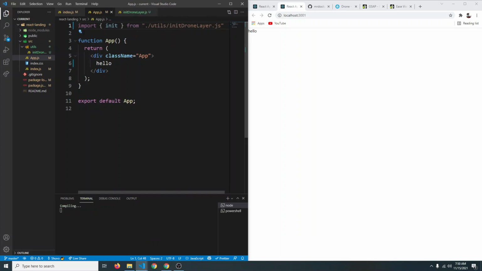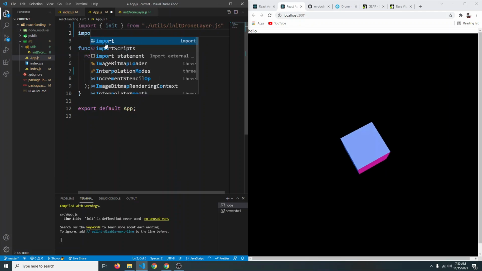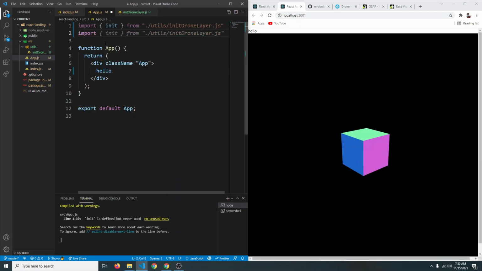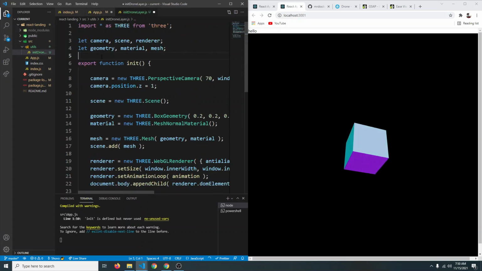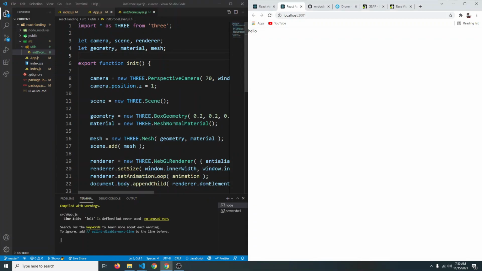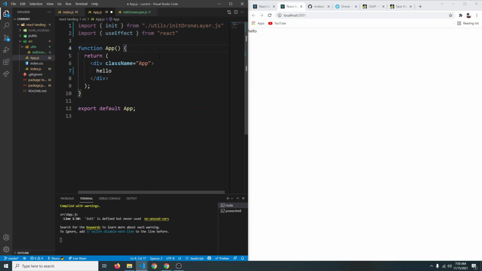Save it, and we're also going to import useEffect from React. So we're going to say import useEffect from React. You can already see that Three.js has been rendered, but we don't want that. So let's go to our file here, and we don't want to call the init function here, so delete this, save and refresh. So now again we have this hello world, and inside the